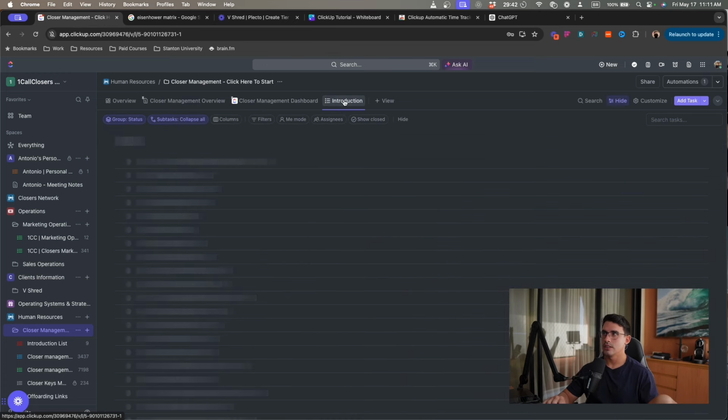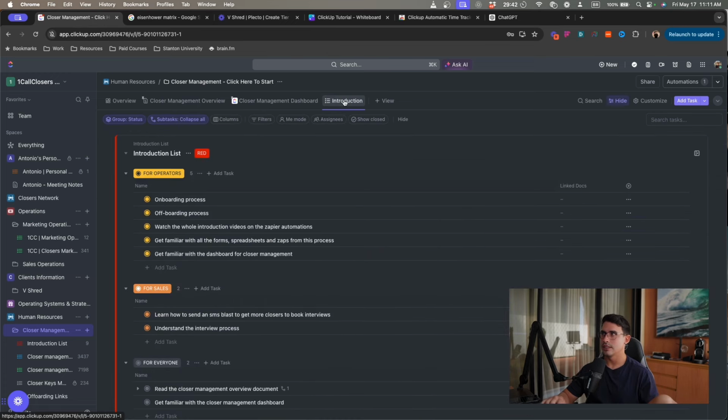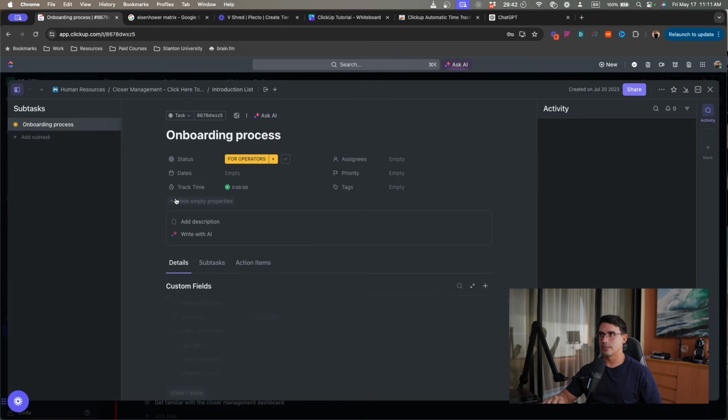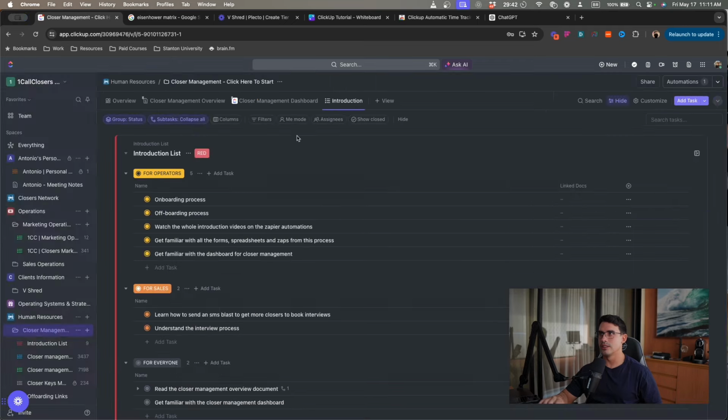And then another thing that I think is useful here is I create a list for the people on how to create the tasks. It's as if it's a library with the SOPs. So the onboarding process would be here.